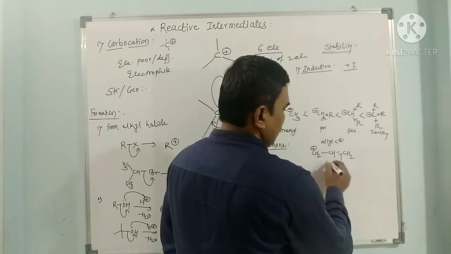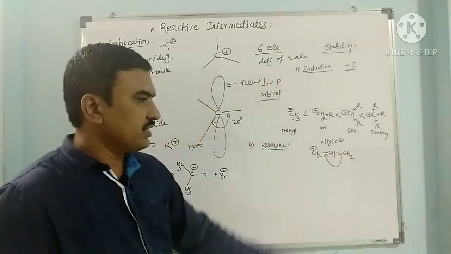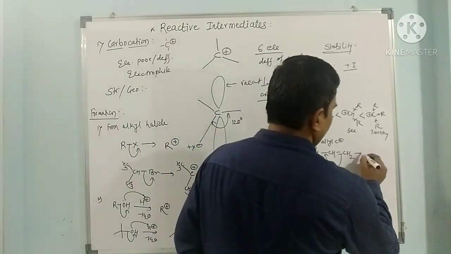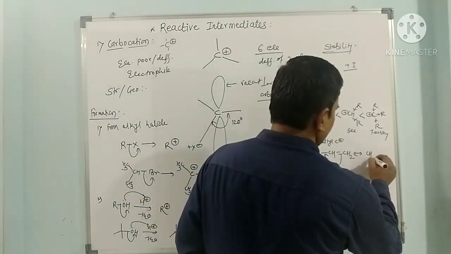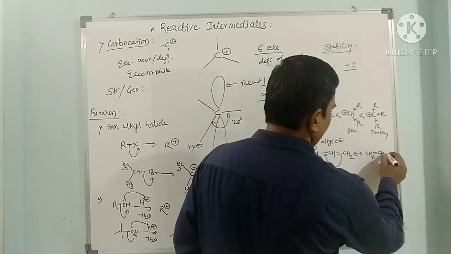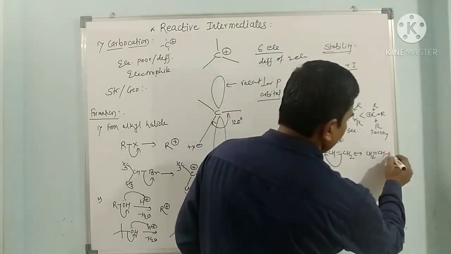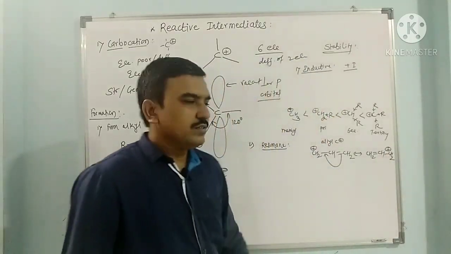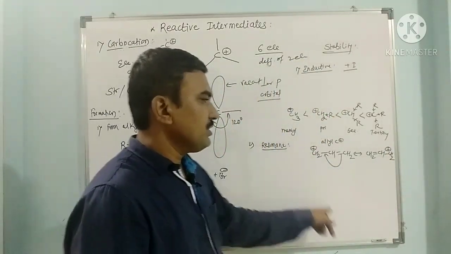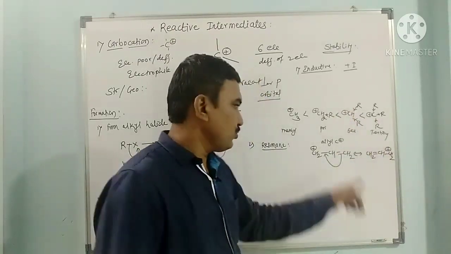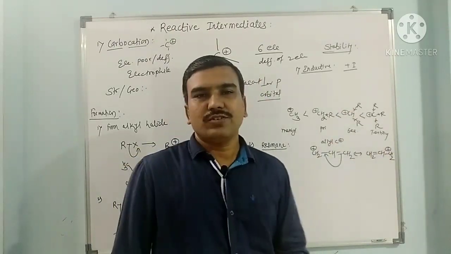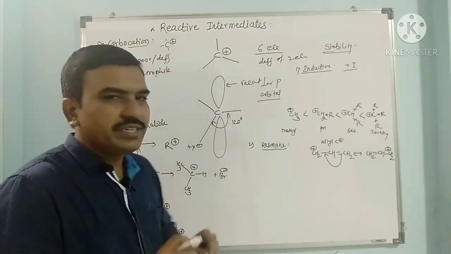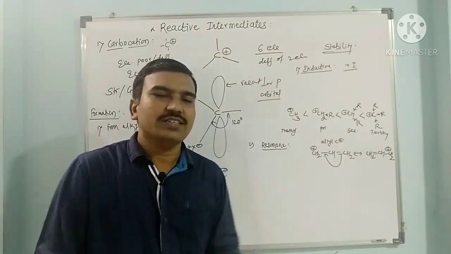Now the double bond shifts, or delocalizes, to stabilize this primary carbocation, and we get CH2=CH-CH2. Due to losing the electron pair, it attains a positive charge. So the positive charge from one carbon goes to the other carbon through delocalization of pi electrons, that is the resonance effect. So here the resonance effect stabilizes the carbocation.